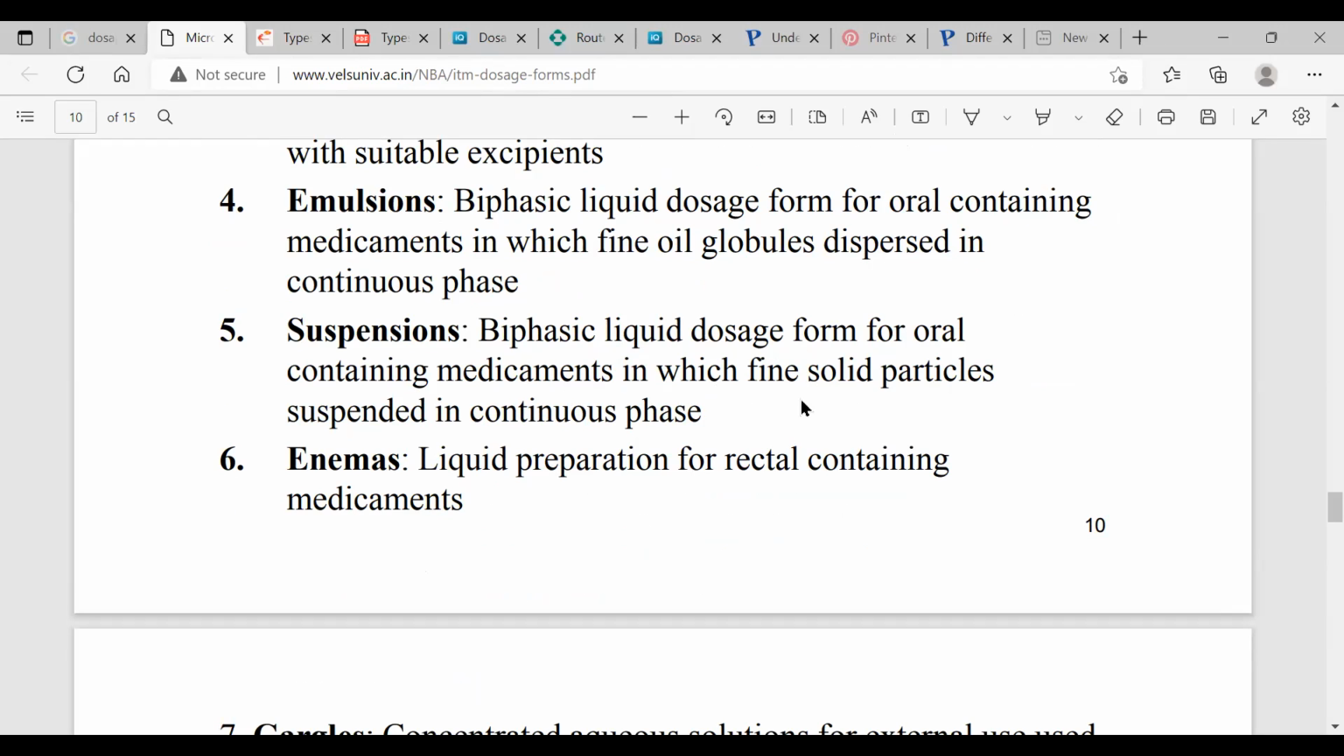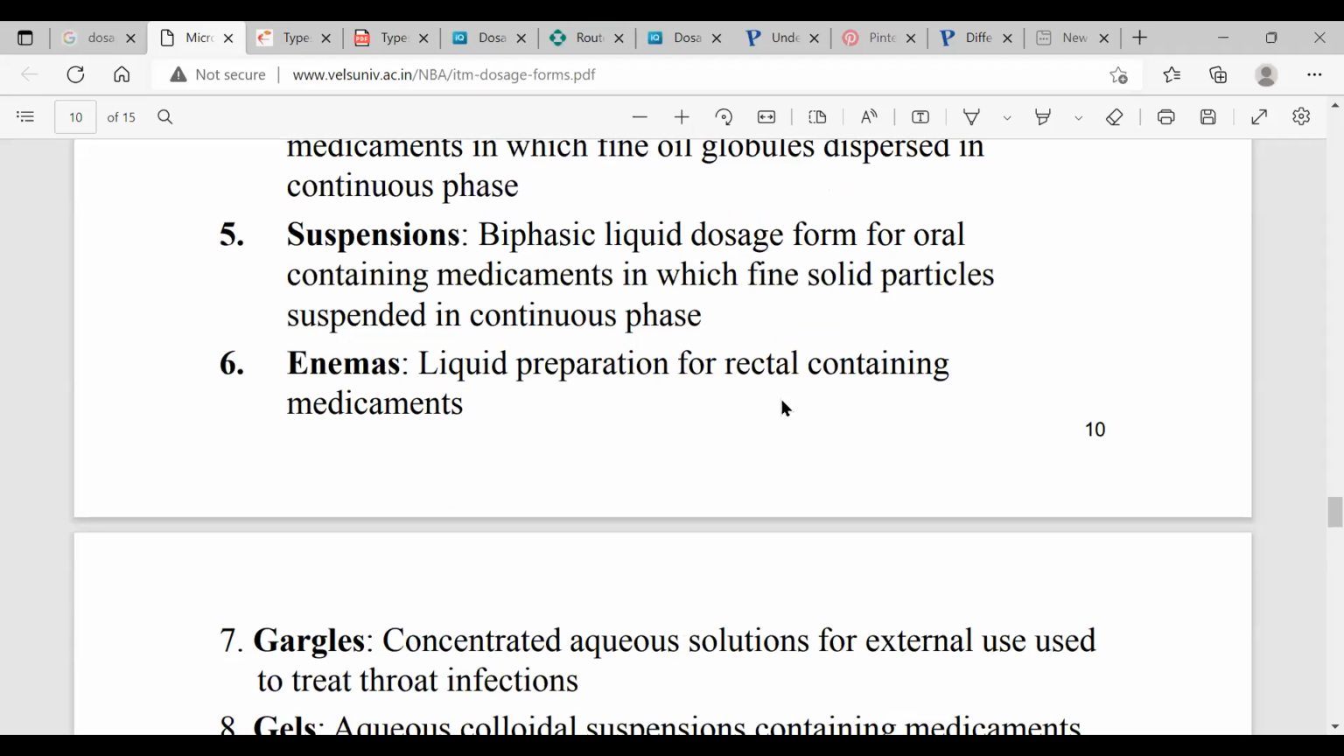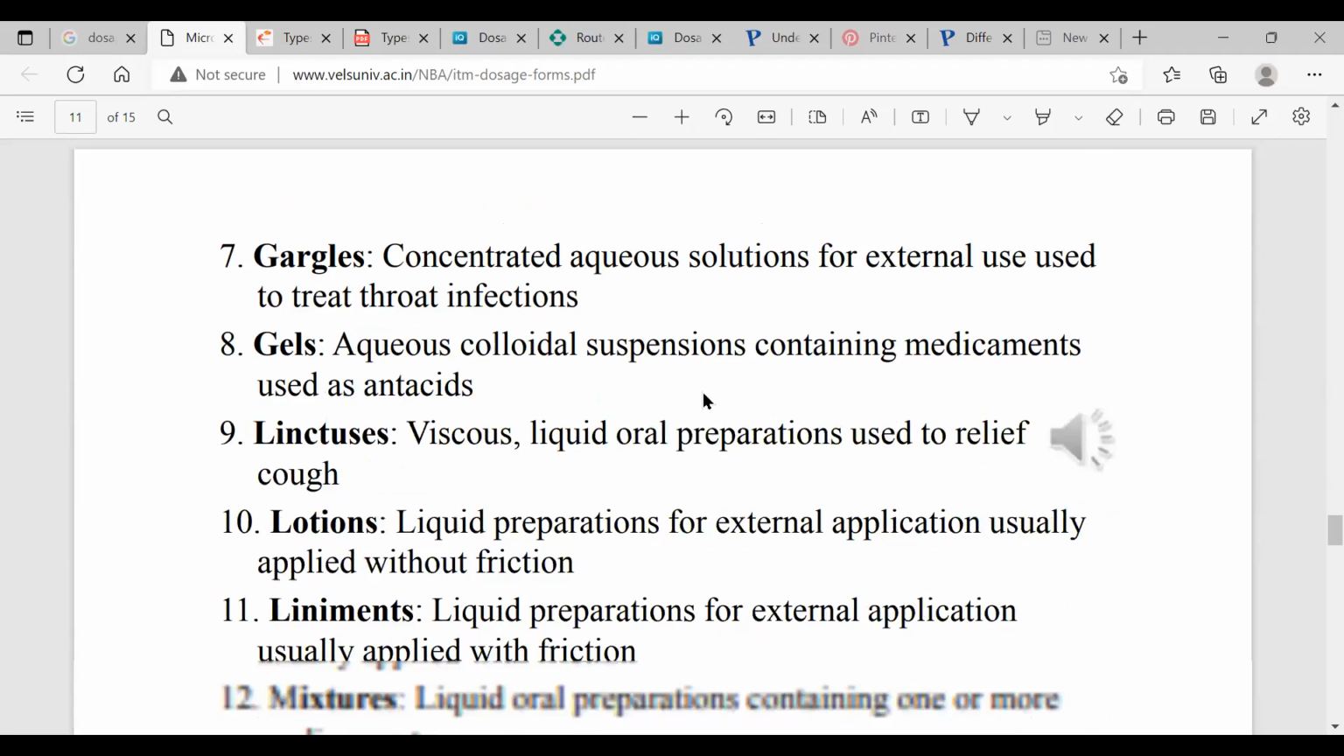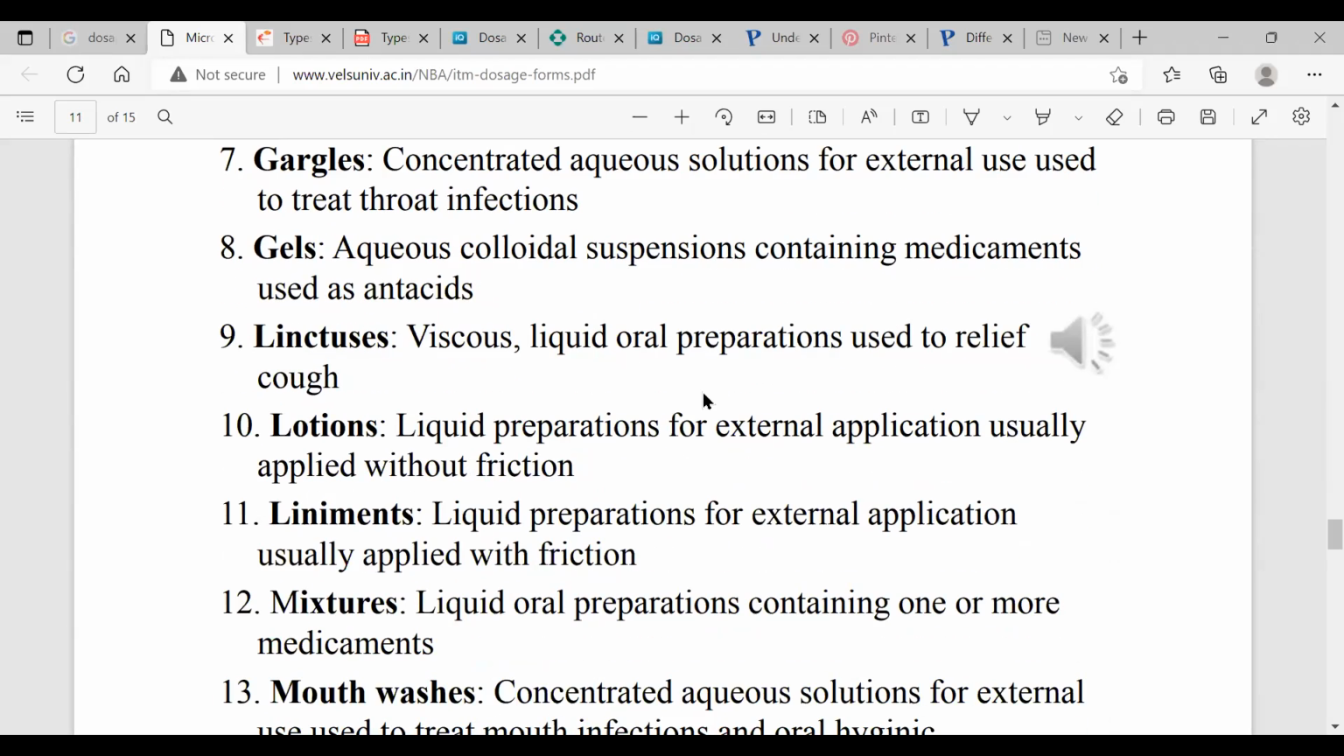And enemas are preparations used during emergency cases. Suppose a person has taken poison and I want that patient to undergo gastric lavage, I use this enema, a liquid preparation for rectal use containing medicaments. And gargles are not that important now, because even salt water gargled for a throat infection can be called a gargle. They are concentrated aqueous solutions for external use to treat throat infection. A simple sodium chloride solution will do. And gels, aqueous colloidal suspension